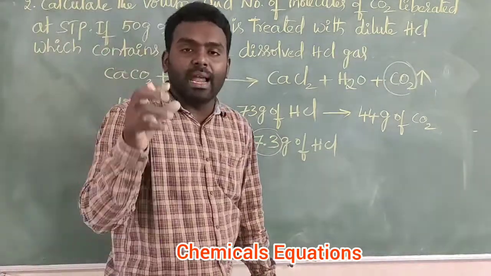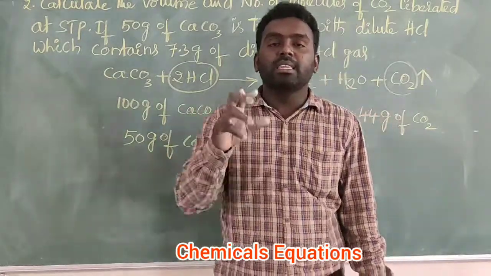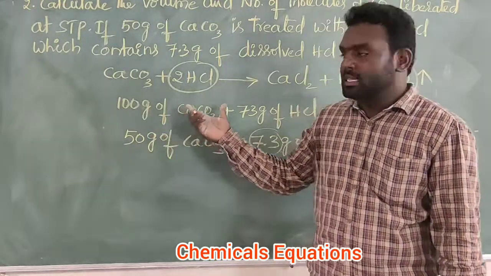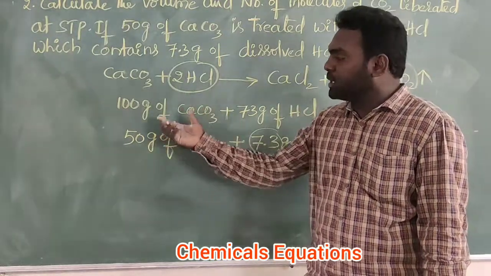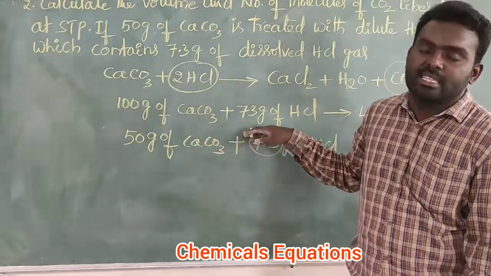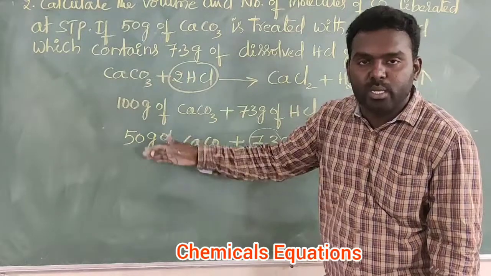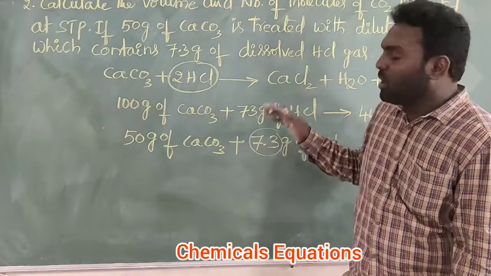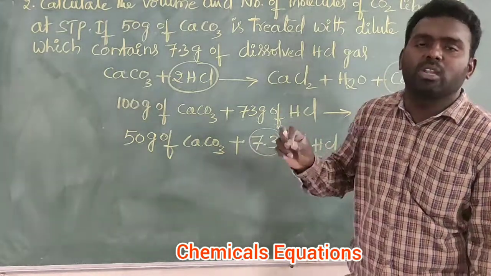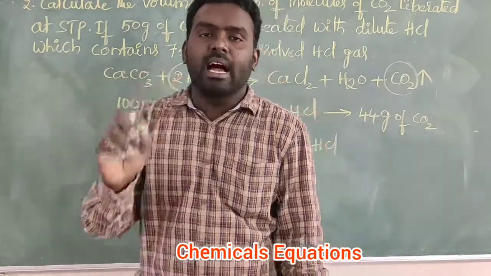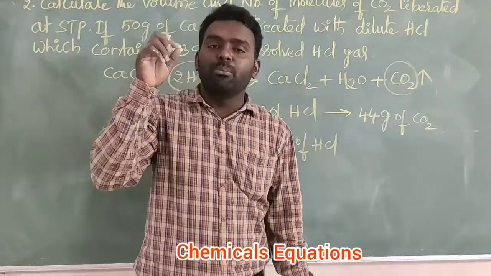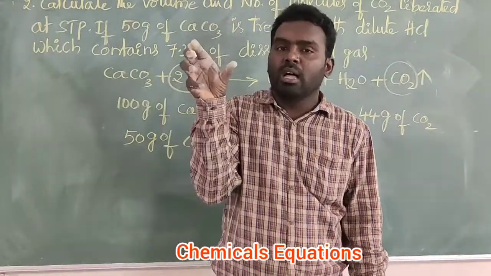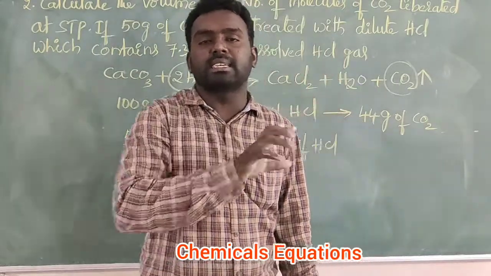So therefore the hydrochloric acid is acting as a limiting reagent. Two reactants are there, one in a larger amount and the second in a lesser amount. The calcium carbonate weight is halved, but the acid is not reduced the same way, because they gave only a little amount of hydrochloric acid. So the reaction mainly depends on the limiting reagent, hydrochloric acid, and we will get the carbon dioxide based on it.